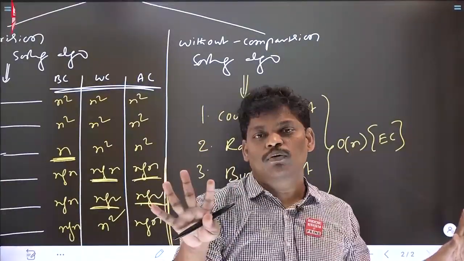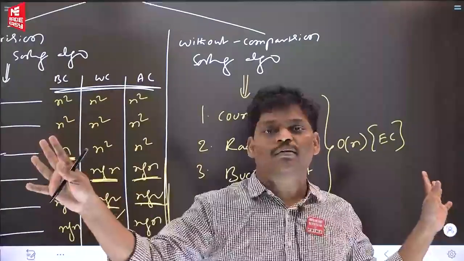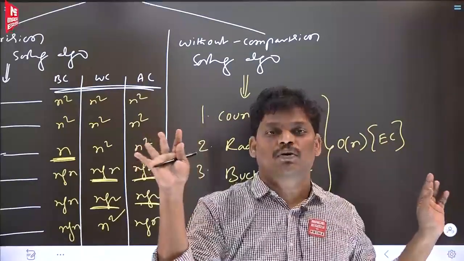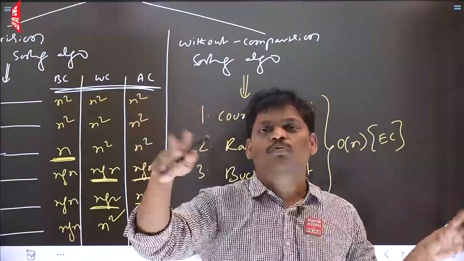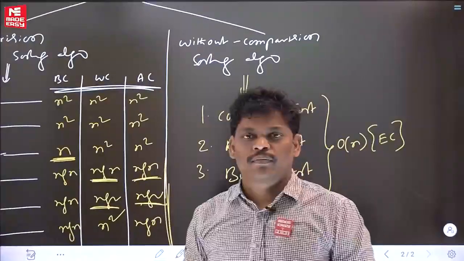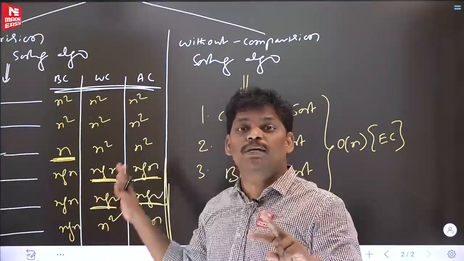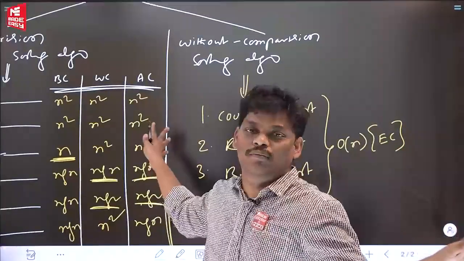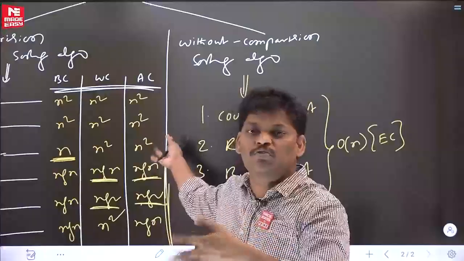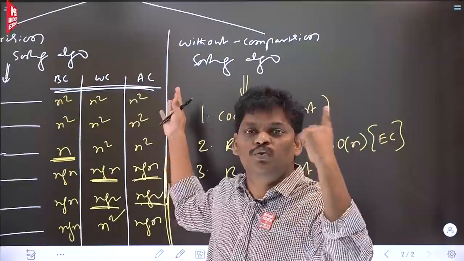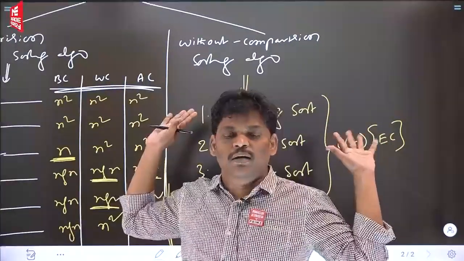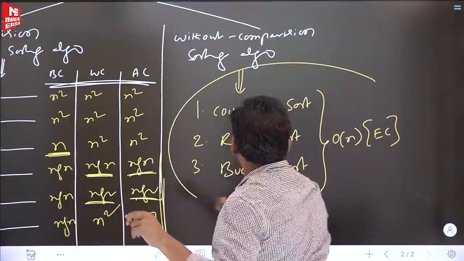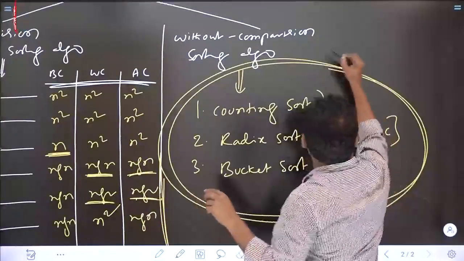In the Cormen book, the linear time complexity sorting algorithms section is 2 or 3 pages: counting sort, radix sort and bucket sort. Please go through it. They are very simple. One for loop or one while loop is there. I'm really saying to you, these 3 things will be done by you only. If you cannot do even these small things, you are not eligible to get a good GATE rank. Please take it as homework. These 3 things are done by you only. Homework.